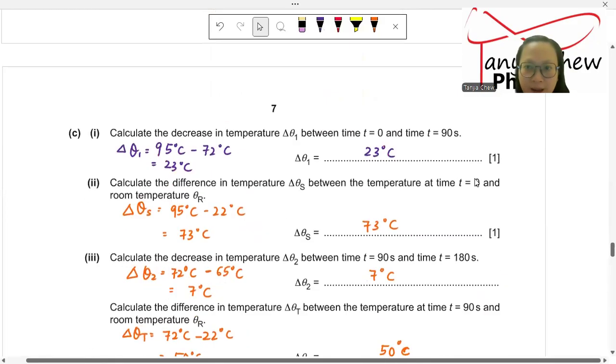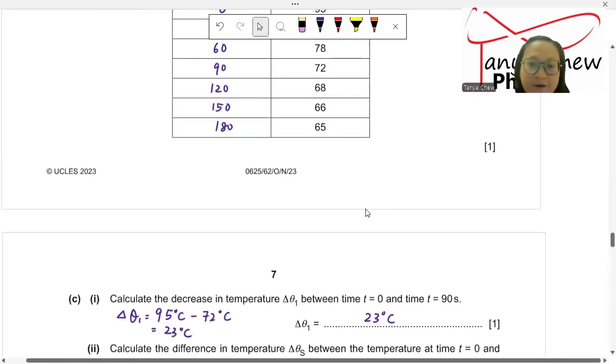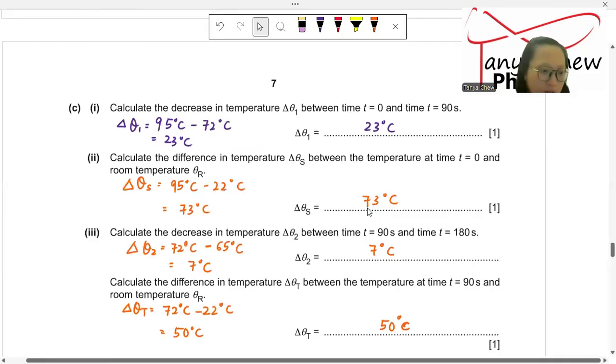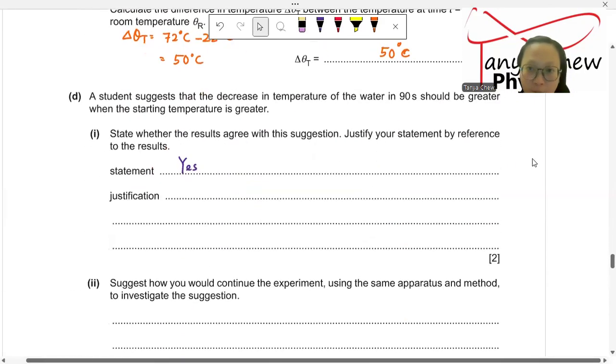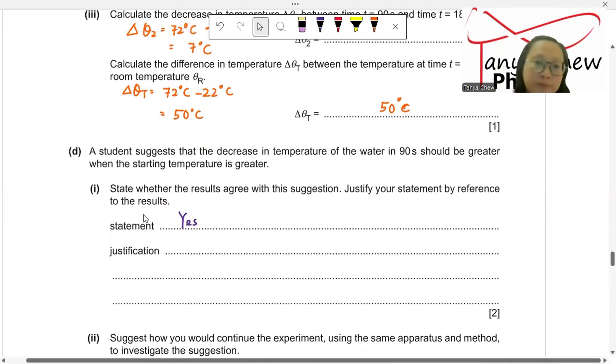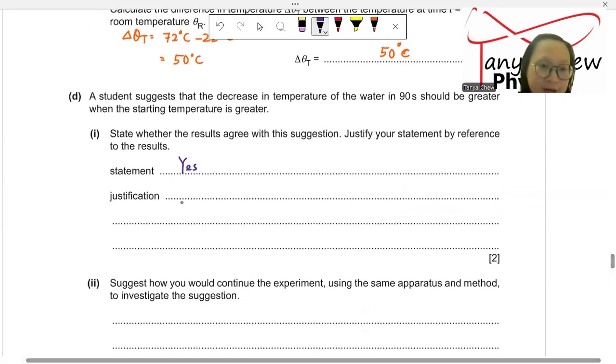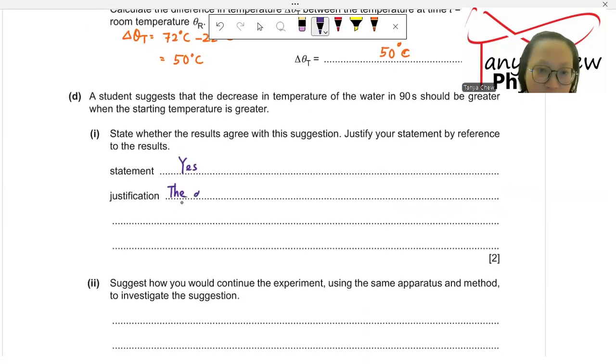But if I start at 90 seconds, which is 72 degrees Celsius, it decreases to 65 at 180 seconds. The decrease in the temperature is 7 degrees Celsius. So that is why the decrease in the temperature of water in 90 seconds should be greater. So I say that because of the justification, the decrease